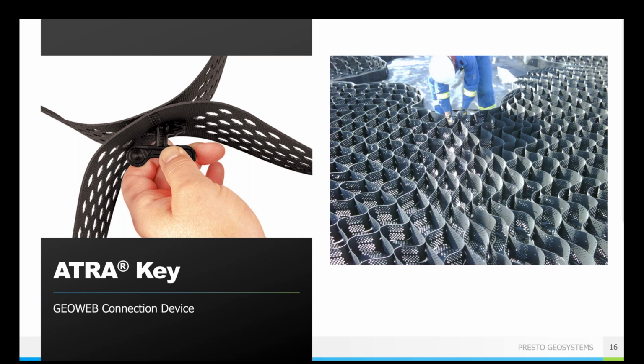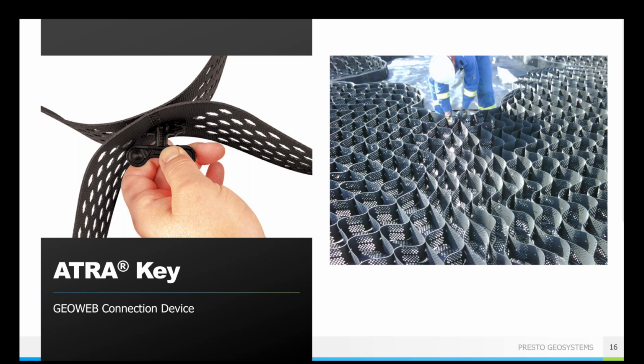ATRA keys ensure that the panel remains securely connected and that the GeoWeb system does not fail under your anticipated loads. And their specific engineering values guarantee the system's durability over time, avoiding the corrosion that you would see with something like metal staples or failure of underperforming zip tie systems that don't always have the structural integrity that you were hoping for.